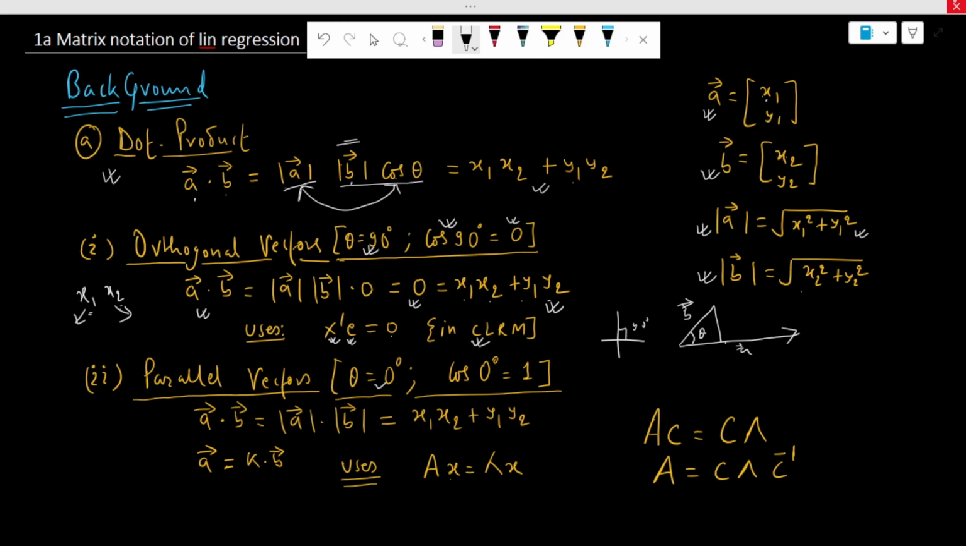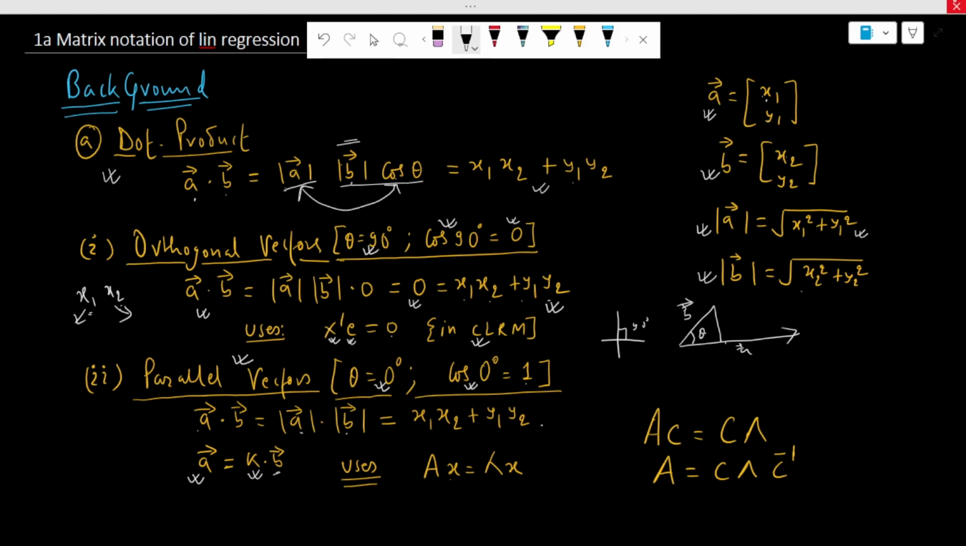Similarly, when theta is equal to 0, the value of cos theta is equal to 1 because cos 0 is equal to 1, and in that case we call the vectors parallel vectors. The dot product of A and B is simply the product of their individual moduli, which can again be expressed as x1 into x2 plus y1 into y2. When the vectors are parallel, we can express one vector as a scale of the other vector, and this property is useful in calculating the